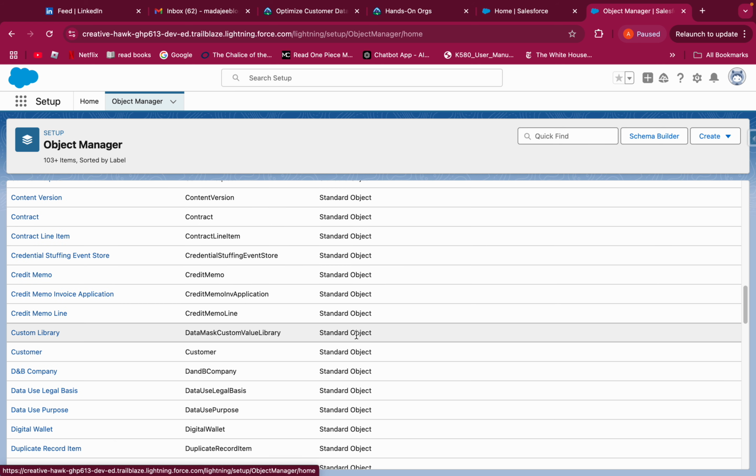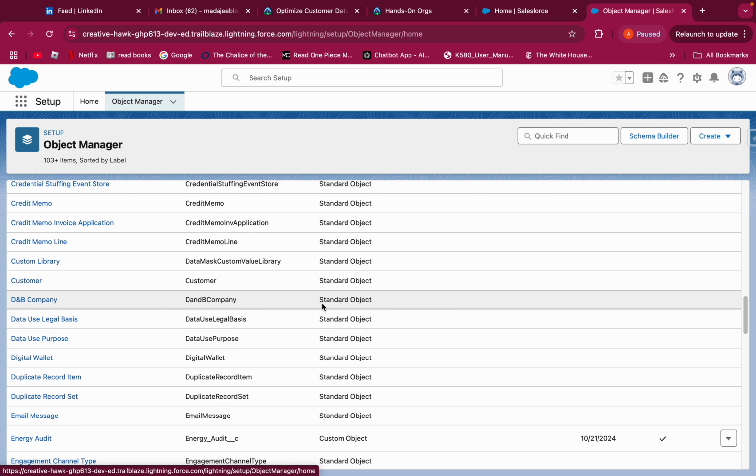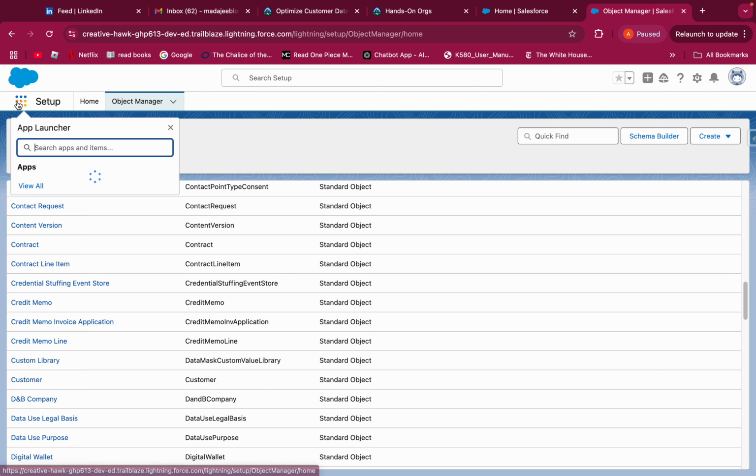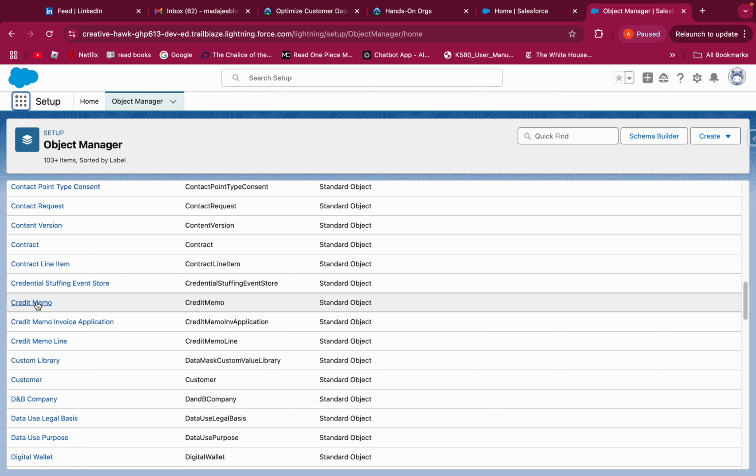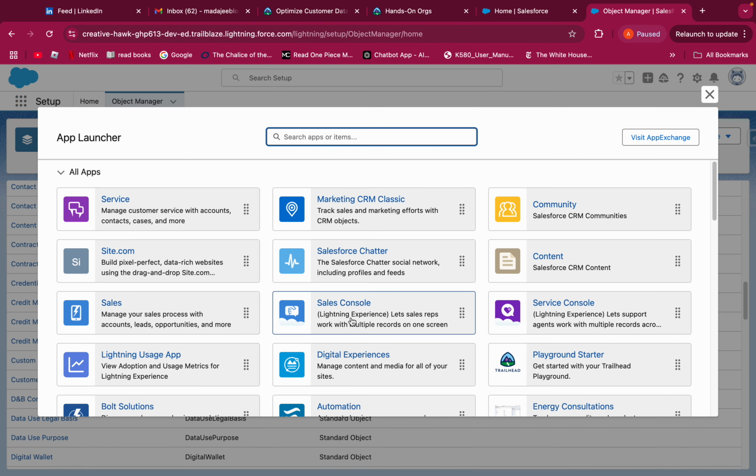So these are standard objects, and all these feature apps, the cloud apps, the Sales app and Service app